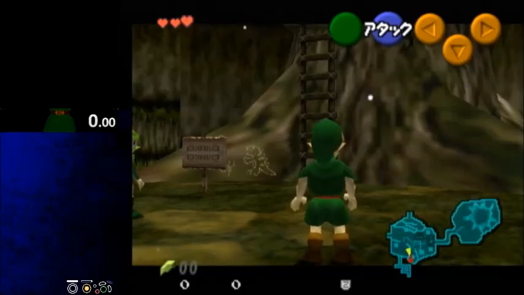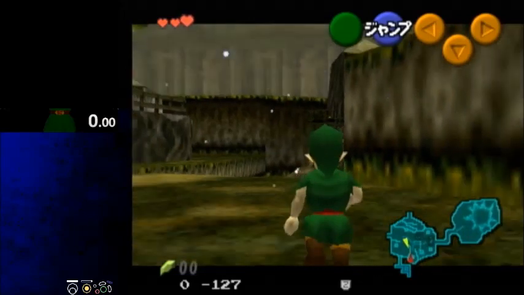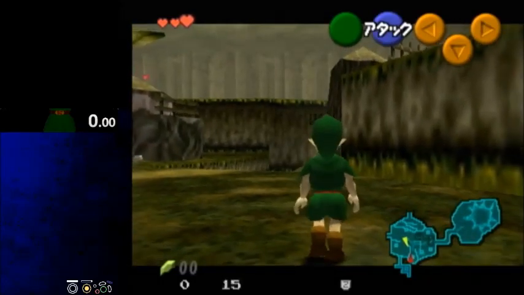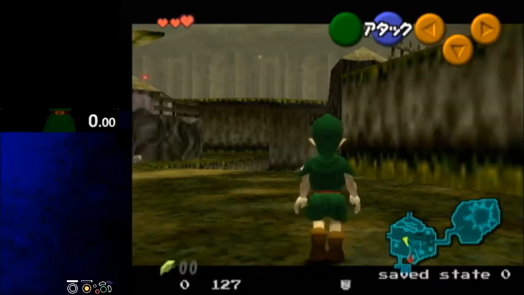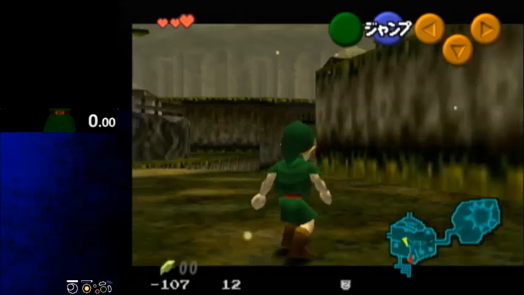So what I like to do here is backwalk. You need to collect about 40 rupees for the shield. I like to backwalk until I see this splotch on the ground. And what you want to do when you're backwalking here is side up twice. Well, that was a little bit off, but